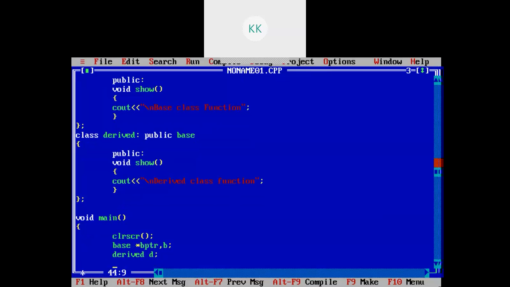Now I will use the pointer, bptr equals ampersand of d.